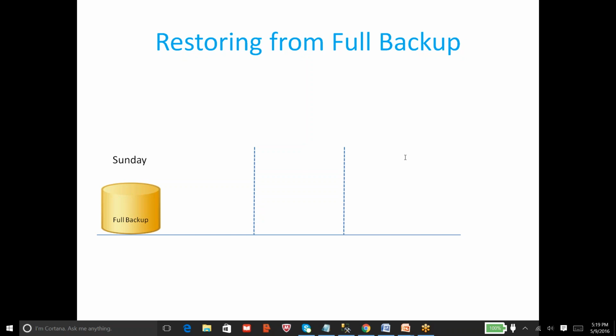Obviously, we keep the backups for a specific retention. It depends on the organization. In my organization, we keep it for 30 days. It is because even though you have Wednesday's backup, there are chances where a user might have accidentally deleted a table on Wednesday morning.